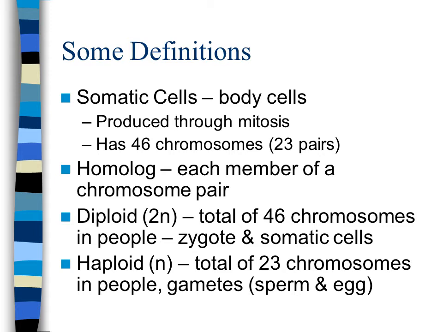We are diploids, which means we have a total number of 46 chromosomes in all of our cells for the majority of our lives, with the exception of our zygotes, which are sex cells. So then we have haploid,